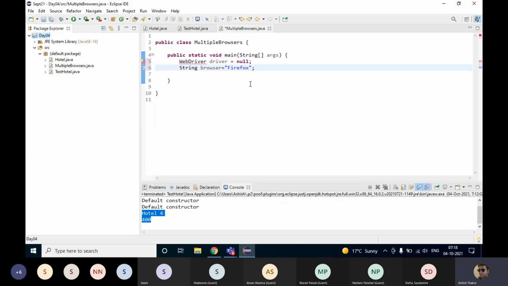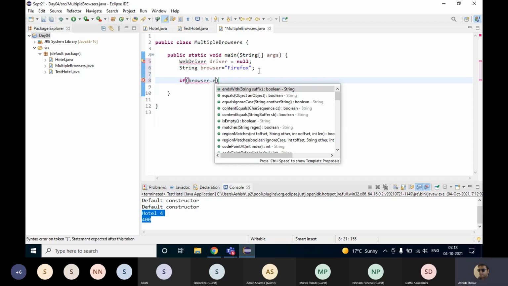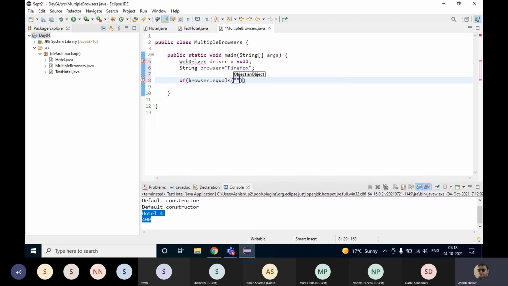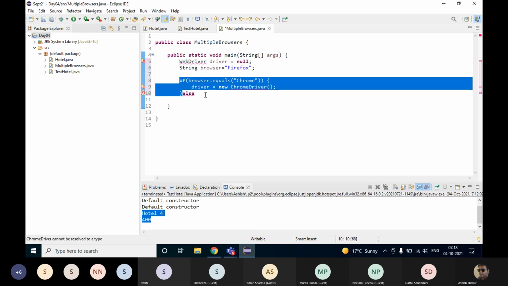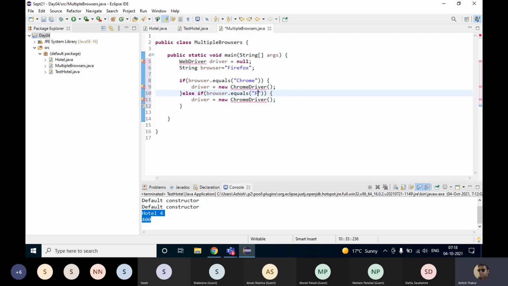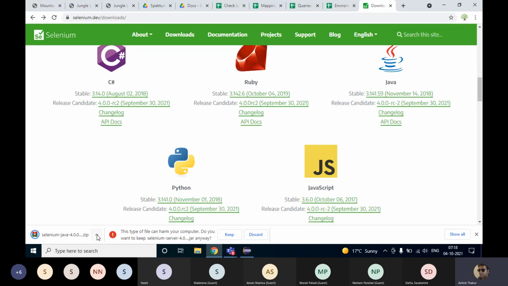So we had written the code like this, and we could write over here that if the browser is equal to Chrome, then you should equate driver to new ChromeDriver, right? And then we had written else if the browser is Firefox, then FirefoxDriver, right?